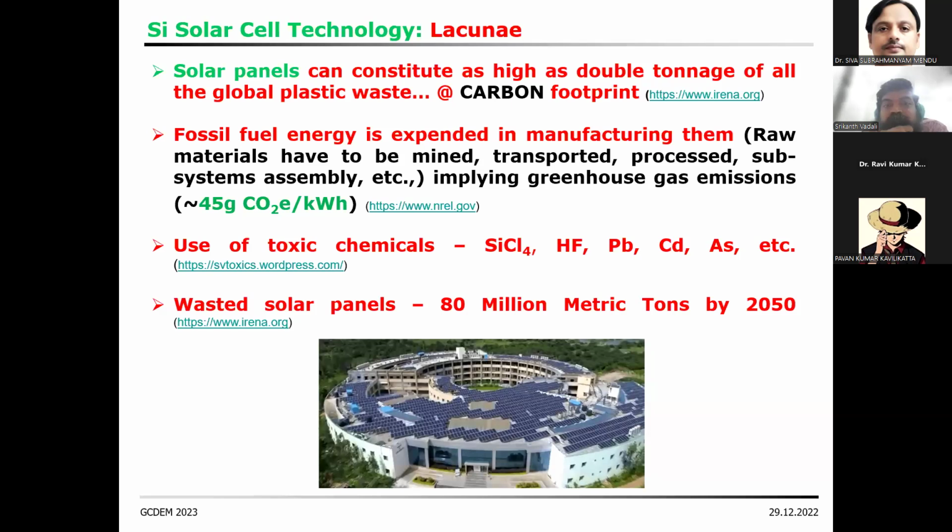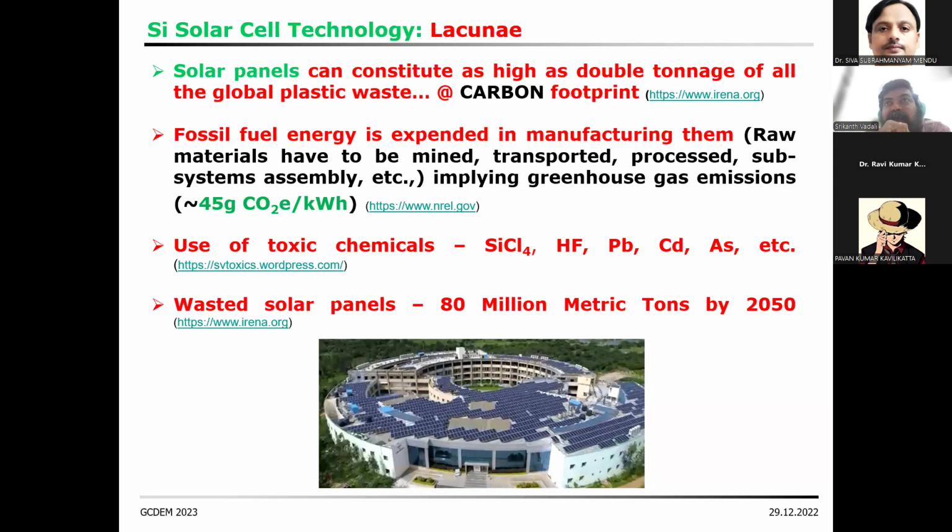Now, if you consider just fossil fuel, in getting 1 kilowatt hour of power, the greenhouse gas emission is about 1,000 grams of carbon dioxide equivalent. So in comparison, just burning fossil fuel to get a unit of power, where 1 unit means 1 kilowatt hour, the carbon dioxide emission is 1,000 grams of carbon dioxide equivalent. Solar panels are less, only 45 grams of carbon dioxide per kilowatt hour.